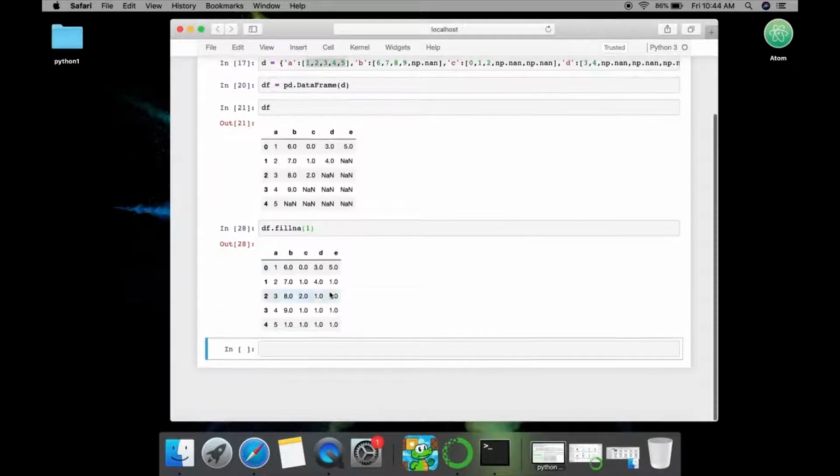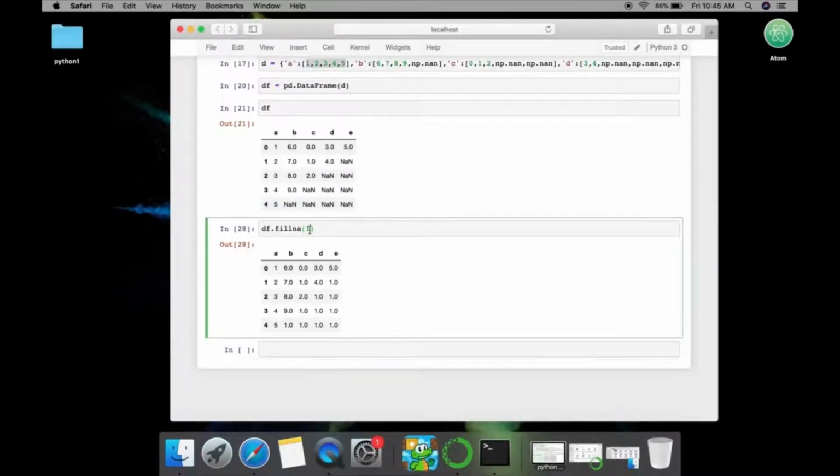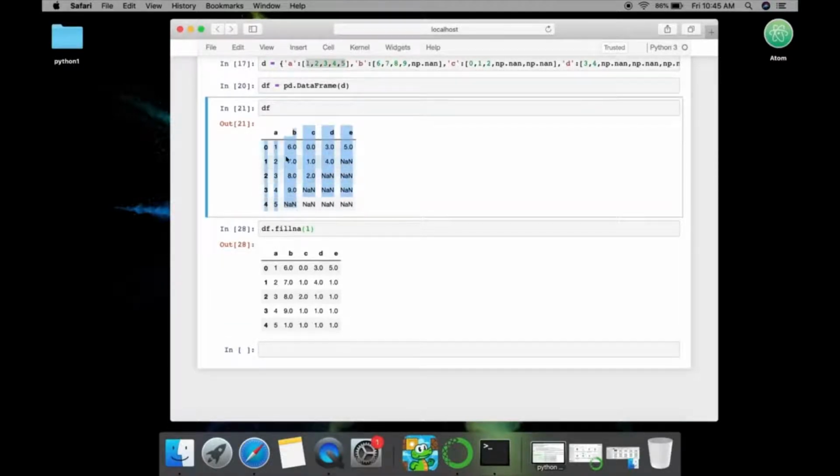Then you will get something like all the NaN are replaced by 1. So that's how you can replace the values that are missing in your data frame. And if you want to fill all these values by using some particular operations, you can also do that. Like if I need to replace all the values in B that are missing with the average value,